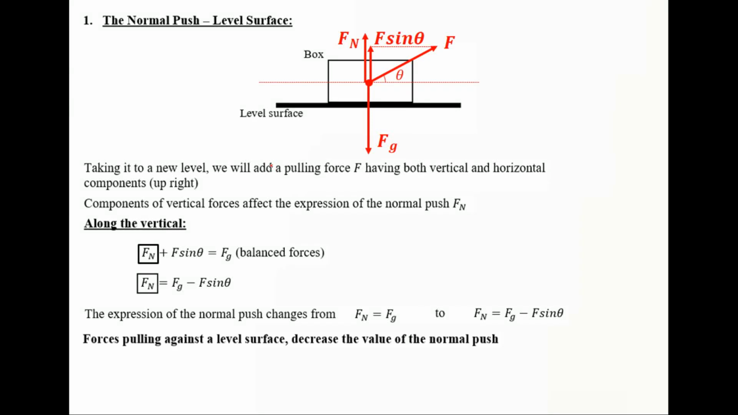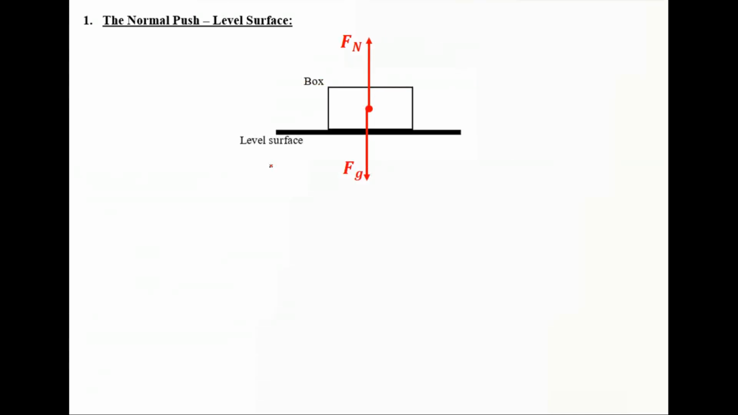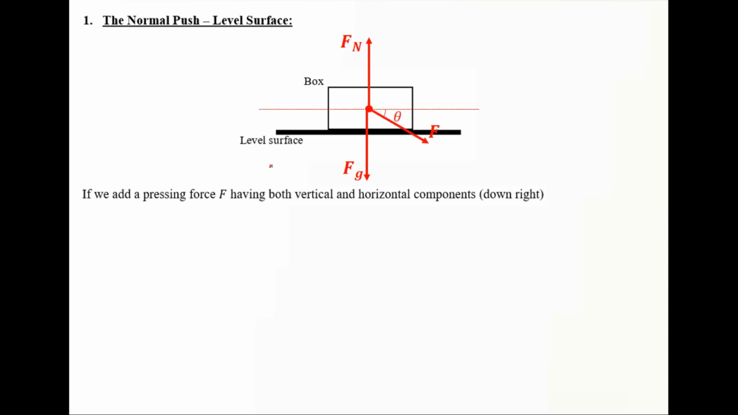Forces pulling against a level surface decreases the value of the normal push. Only vertical components of forces affect the expression of the normal push. Horizontal components do not affect the normal push. Now if we add a pressing force F having both vertical and horizontal components, down and right, like that,